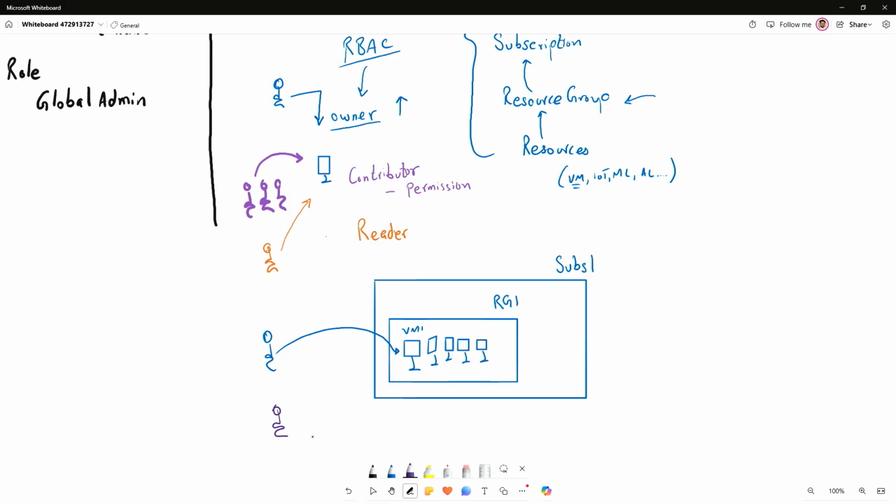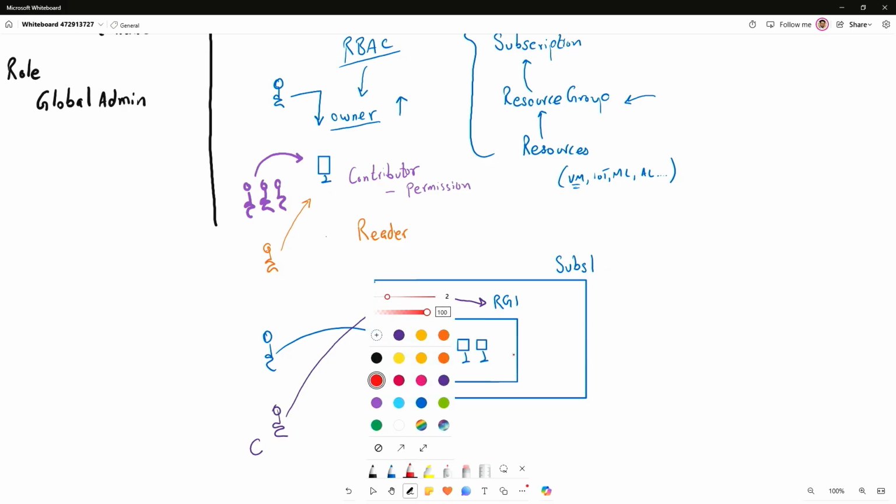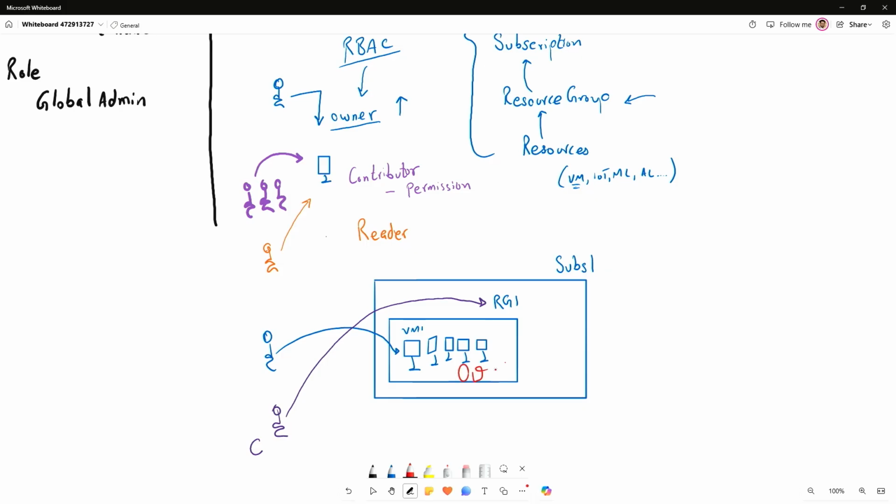So instead of giving you access to these machines one by one, I could widen the scope and suggest, you know what, I'll give you access to the entire resource group that we have over here, and I can give you the contributor role. So you be the contributor for the entire resource group. Now, it would work well if that's all I had in the resource group. But what if I have other resources in here as well? For example, let's say I have a couple of databases in here. And bear with me, try the database again, and maybe an app service of some sort. So some other resources that live inside of this resource group as well.